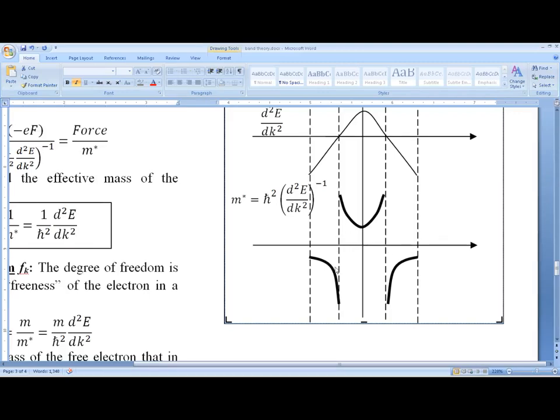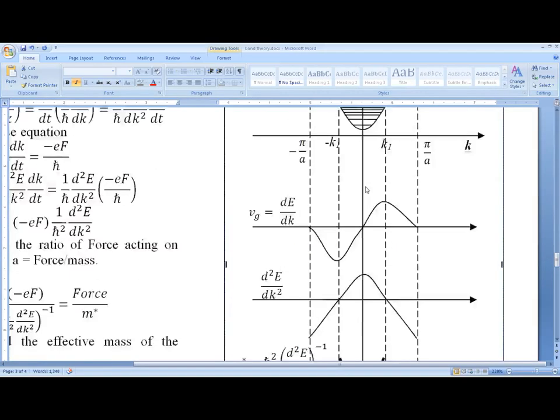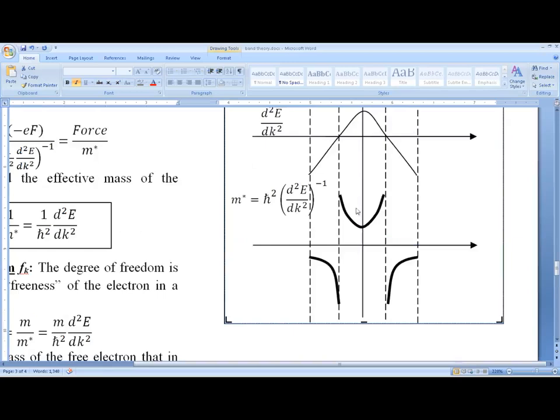So this effective mass has some strange behavior at k1. So at points of inflection, we are going to have infinite mass, meaning at these points you cannot expect any particle to be filled. So at these boundaries, electrons cannot be occupied in that particular state. That's why there is a huge discontinuity. So please keep these graphs in mind, and we'll move further